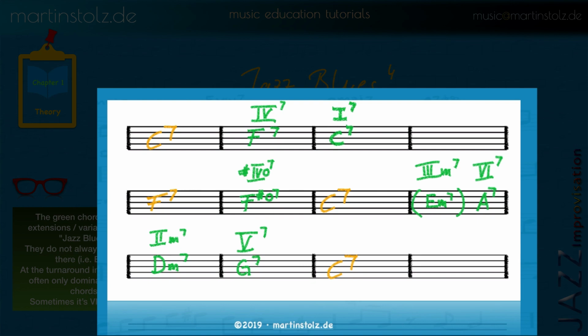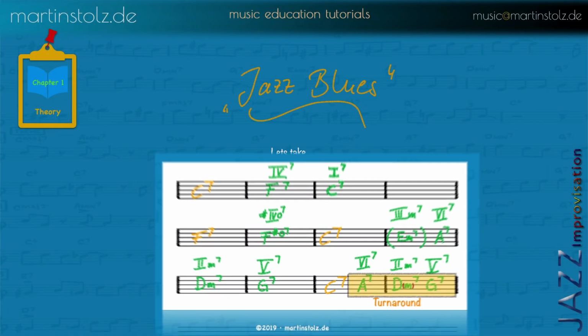So, and the last thing is to put a turnaround inside, and here the D could be a minor 7, or it could be just a D7 chord, and this is called the turnaround. So, but we want to have a closer look